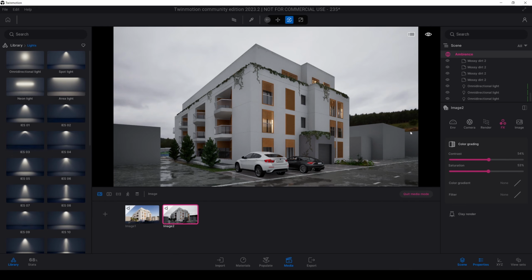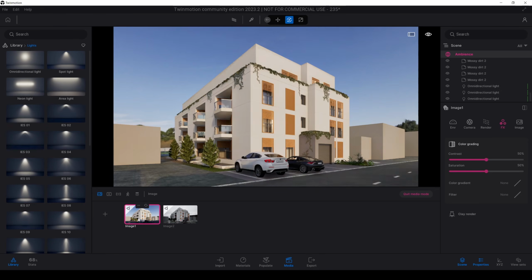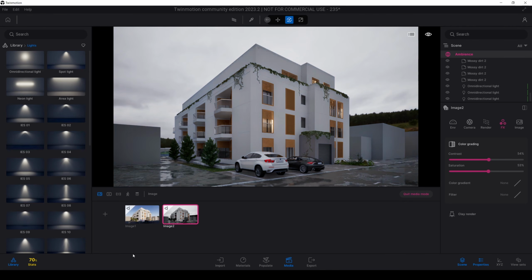There you go. Since we haven't changed the camera position or the visibility of the objects, we don't need to click this refresh button. To see the differences, let's click this image 1 and image 2.